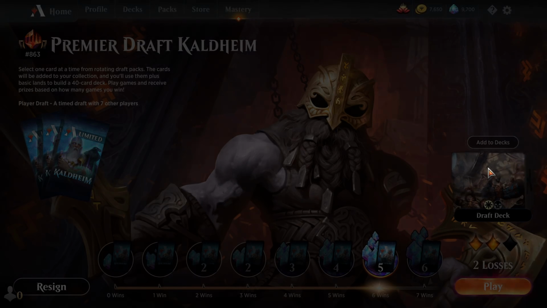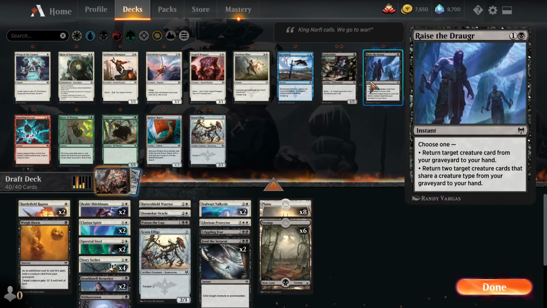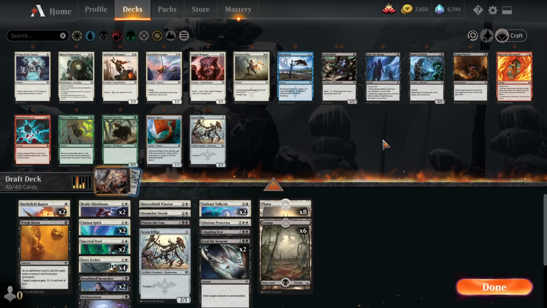Alright, well, I do have one final chance towards the 7-win run. Should I change this deck a little bit to be a little more resilient in the late game? Honestly, I don't feel like it. Would I just take like a Raise the Draugr? Yeah, I could see throwing in 1 Raise the Draugr and cutting...